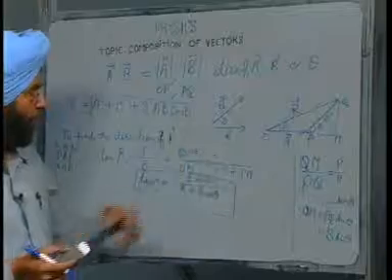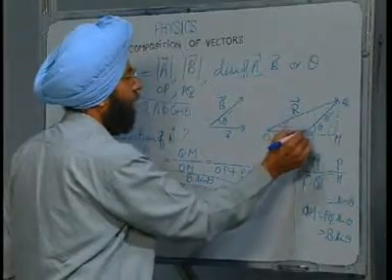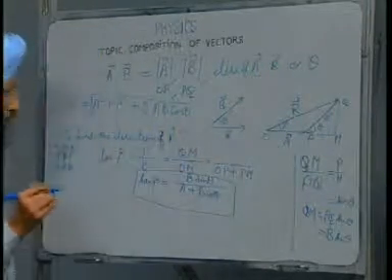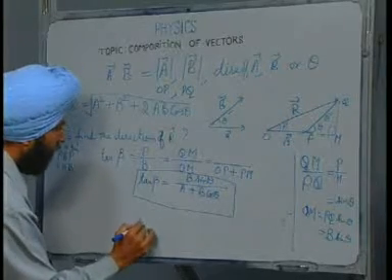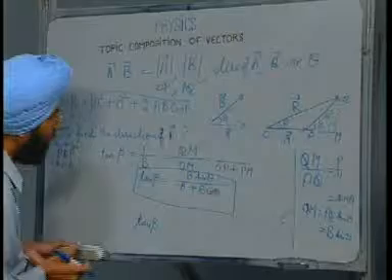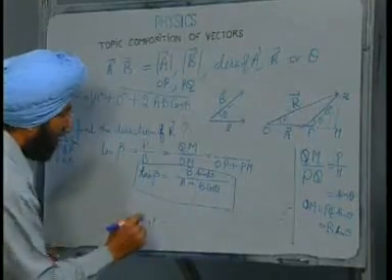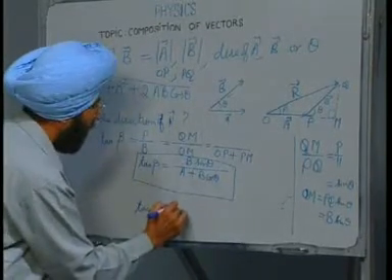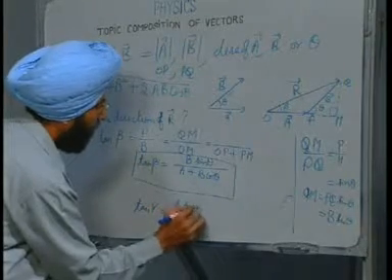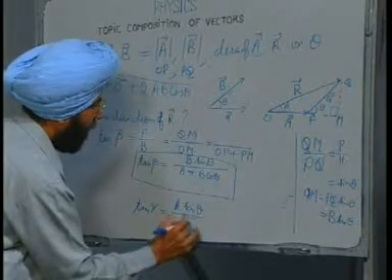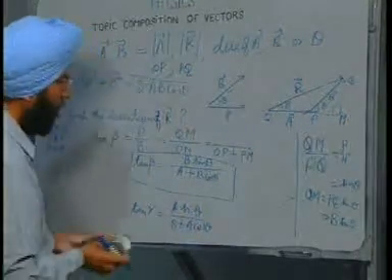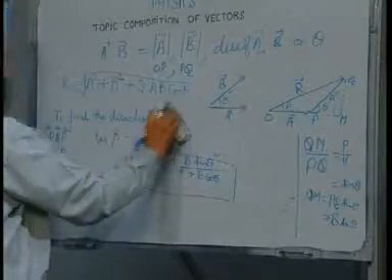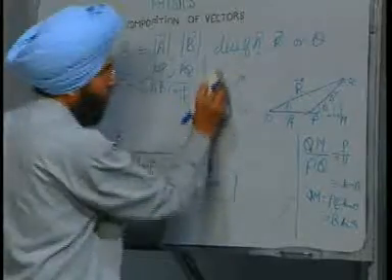If we are using the other angle, say this resultant is making an angle beta with the B vector, then this formula will become tan beta. Let us say we call it gamma. Gamma is the angle between B and the resultant, then this formula will be A sin theta over B plus A cos theta. So, we have two formulas, one for direction, the other for the magnitude.